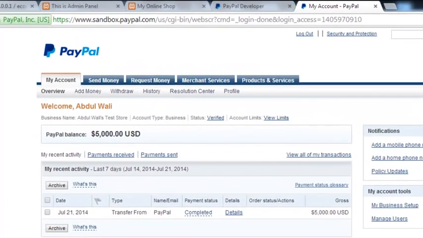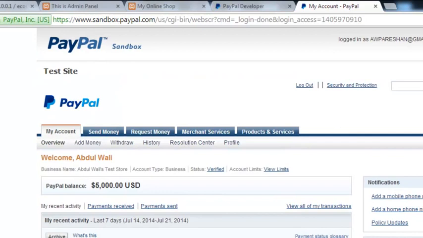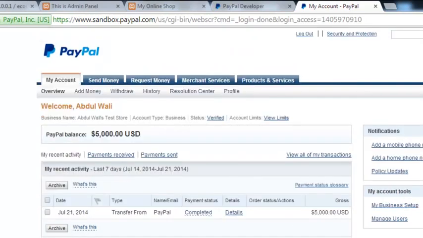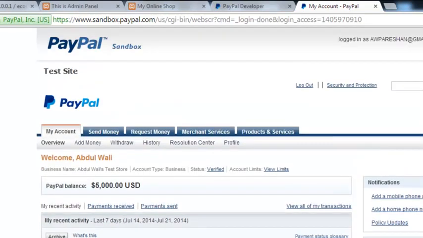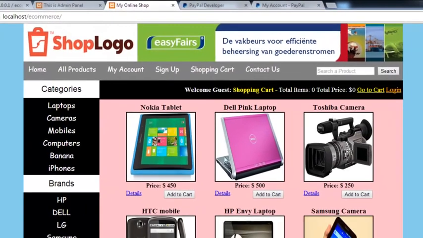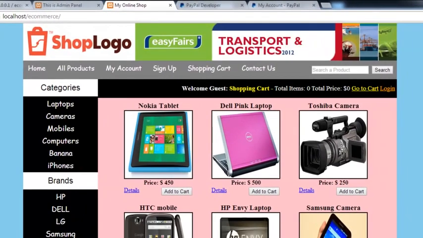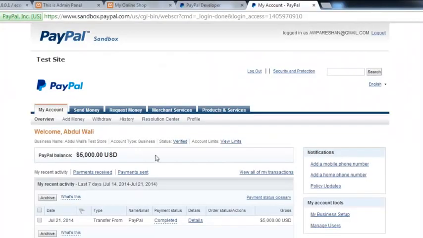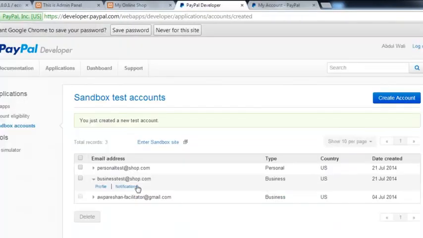You can see, just because this is a test account, this is written test site, and at the bottom you can also find test site, but it looks like a real account. You can send money, you can receive money and things like that, and we will see the transactions that we will have. So if someone buys something from this shop, we can receive that money inside this business account. And similarly we can log into this personal test as well, where we will have